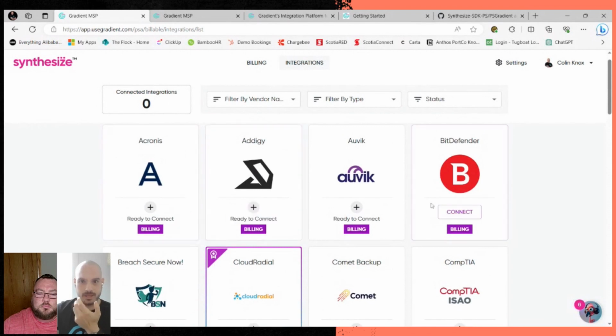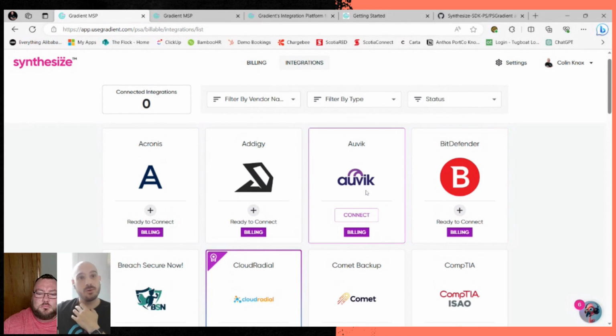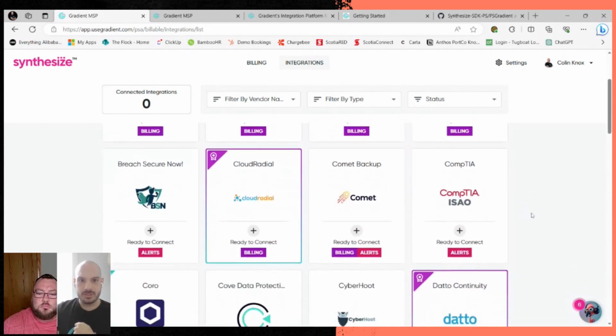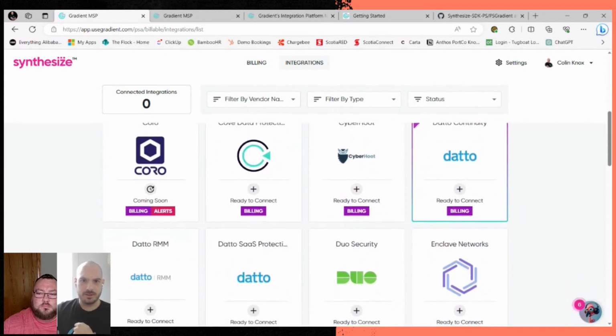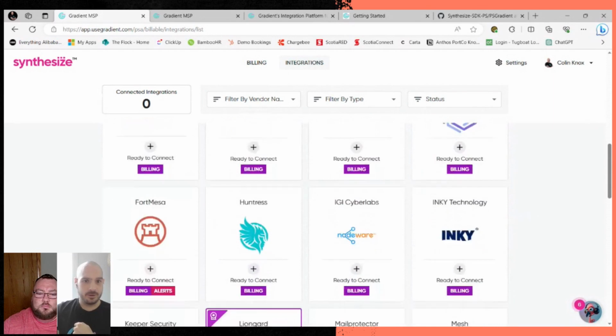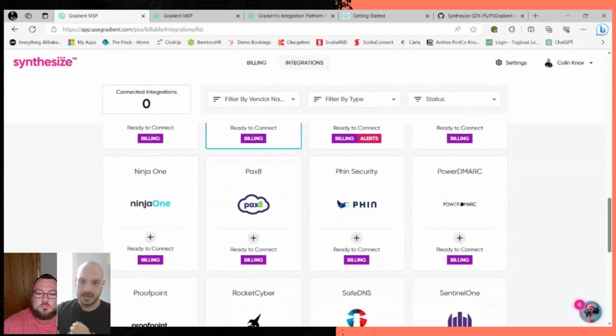right? So if you use any of these vendors, and somebody might say, well, I don't resell Avic. No, if you think about it, Avic is monitoring a whole bunch of different network appliances, systems, and everything else that could create a counter or a quantity of billable assets or billable devices. So we've got a whole bunch of integrations across the board here for some of what I would say are the most popular channel vendors today and